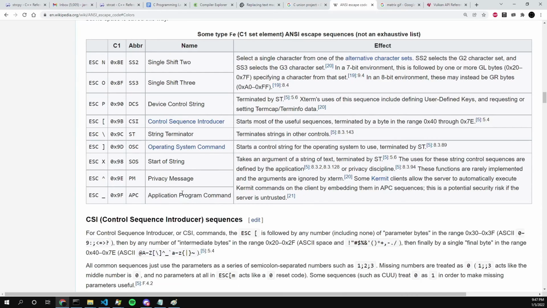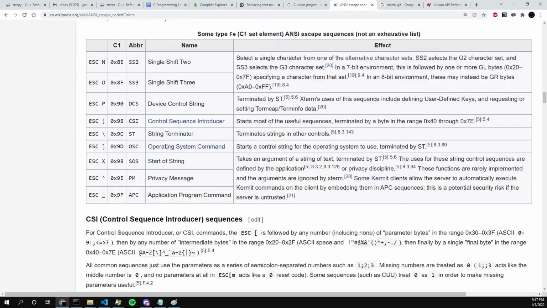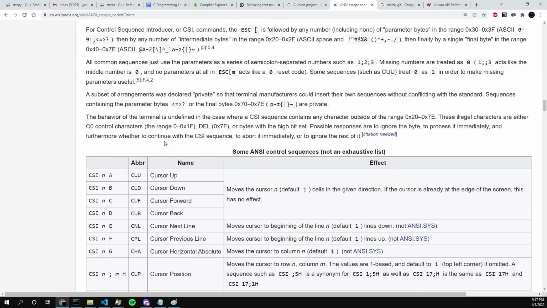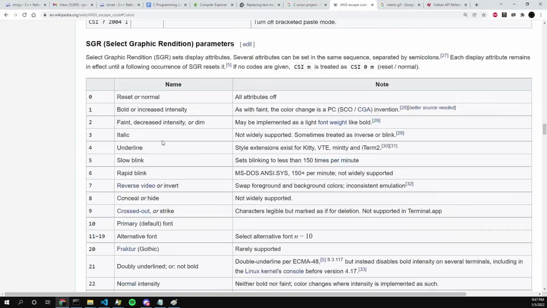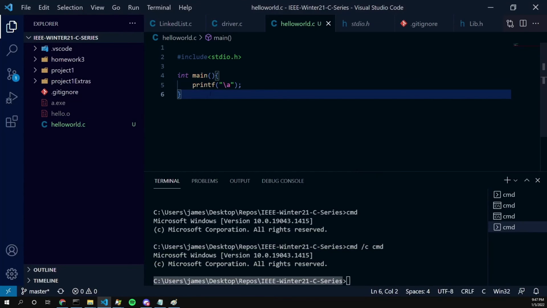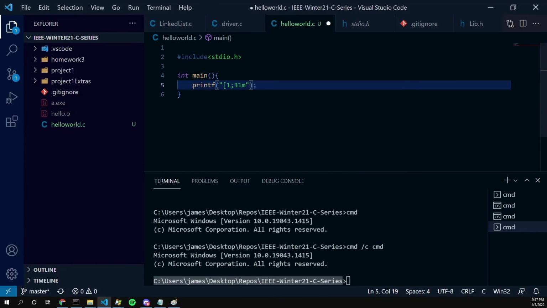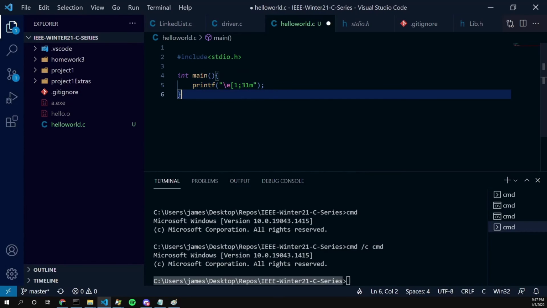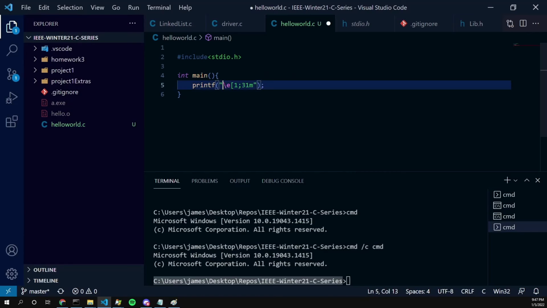You can do some crazy stuff. You can move the cursor around in your application, you can do basically everything. There's so much you can do with these escape sequences. But the one thing that we care about is this specific code right here, ESC bracket 1 something M. Effectively, each of these escape sequences, \E, represents, hey, everything after this